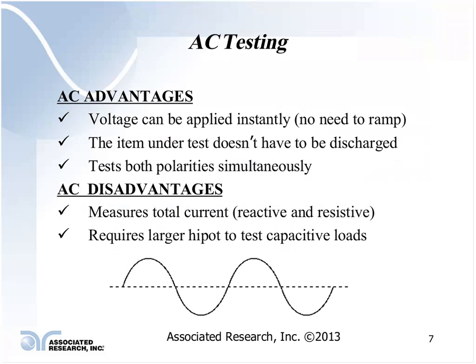So if you're doing a routine production line test and trying to shave as much time off the testing function as possible, doing an AC test is, in many cases, a much faster test than if I have to do a DC test, especially if my product